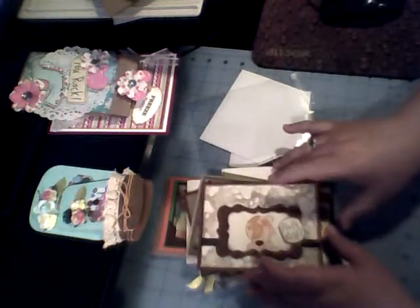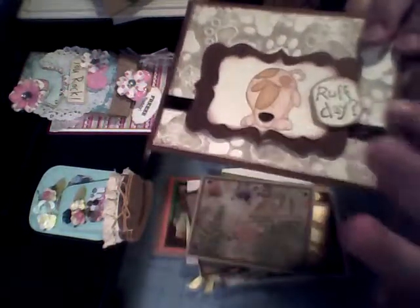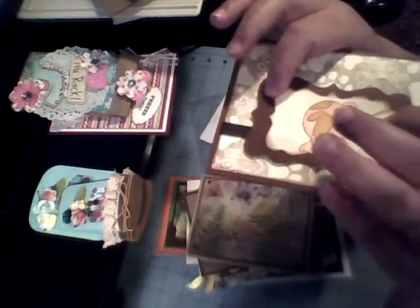And what else was, oh, I have this stack. And these come from Stamping Addicts. And this is one of my favorite swap groups because they just exclusively swap cards. I like other swap groups too, but I like this one and the other one, the Ladybug one, because they are exclusively cards. And usually the cards are thin enough they can go into the Operation Write Home box, and the cards are usually